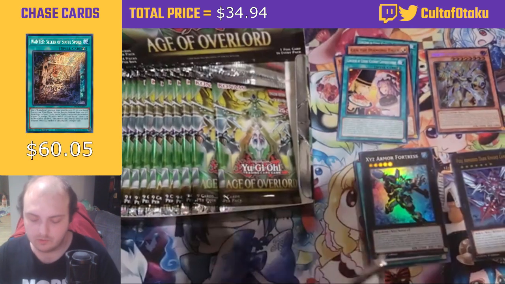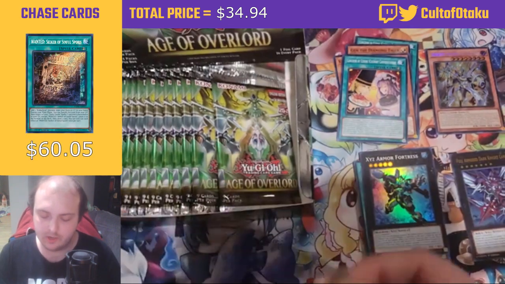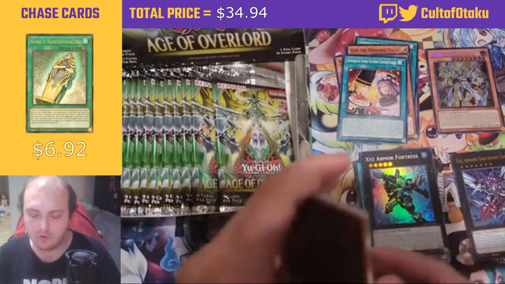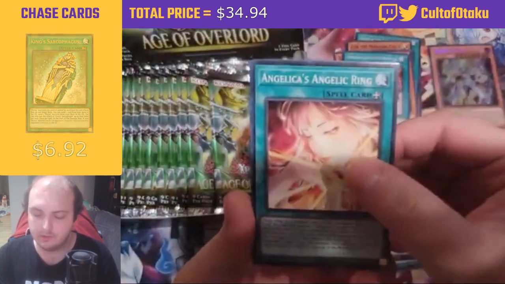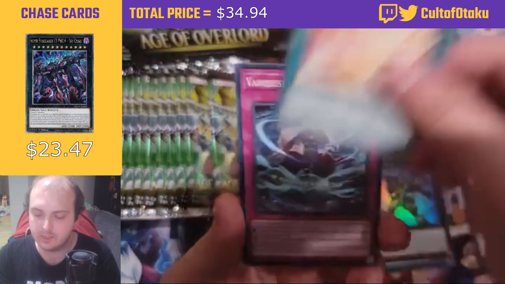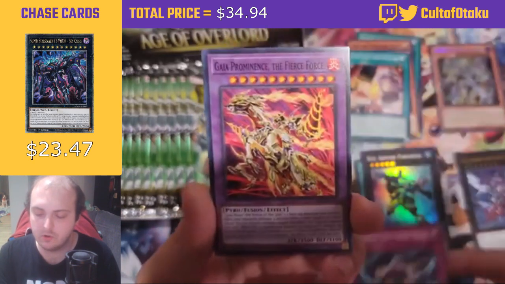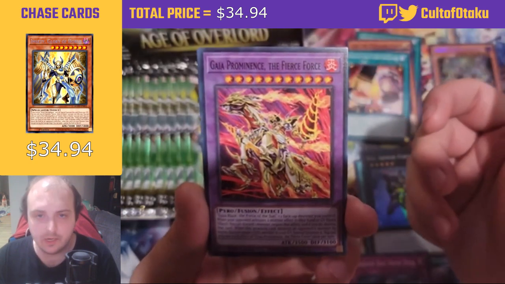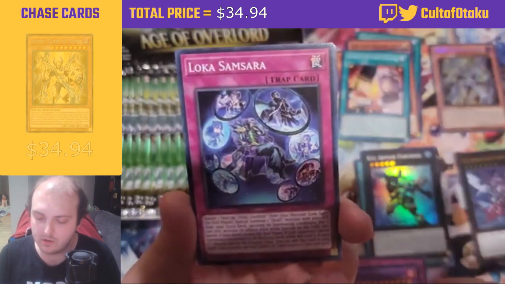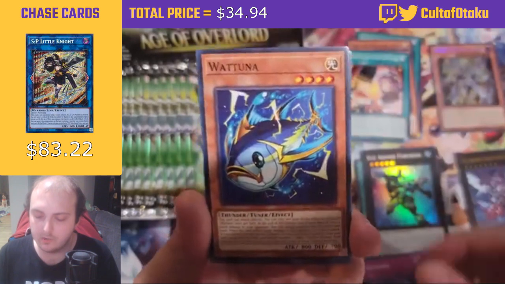All right, here we go. Come on. We only have one Ultra, one Secret so far, no QCRs currently. Kind of hoping we get a QCR. That'd be pretty crazy. Angelica's Angelic Ring, Vanquish Soul, Snow Devil, Gaia, Prominence, the Fierce Force. They're still printing Gaia support. What the heck is going on here? Loka Samsara, Wat Tuna,